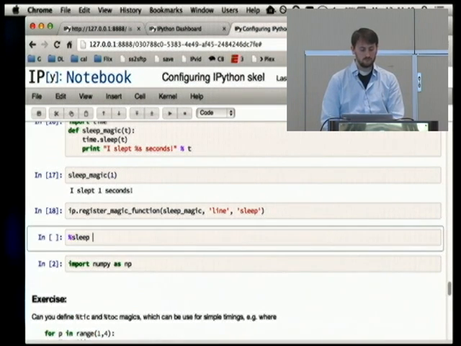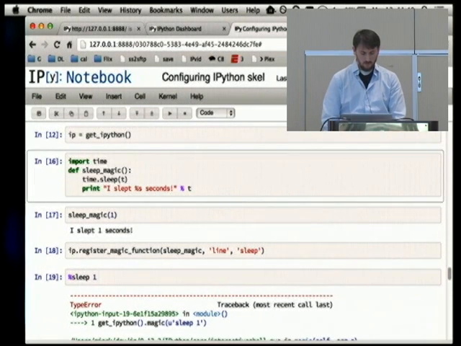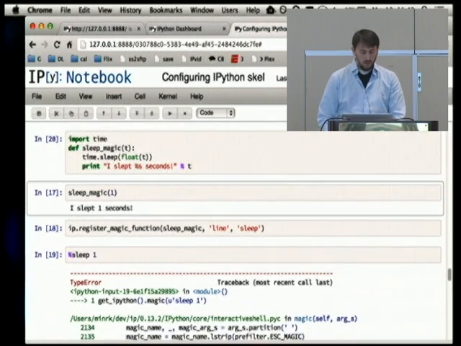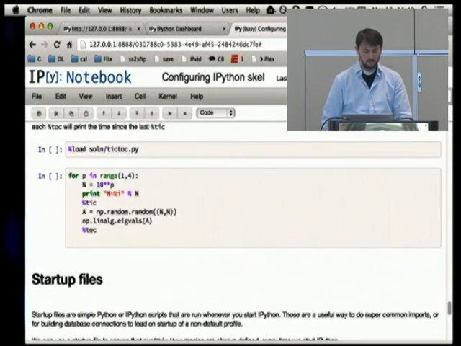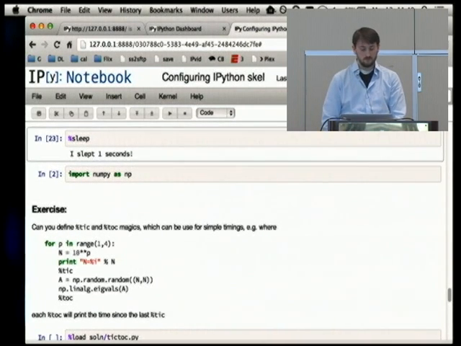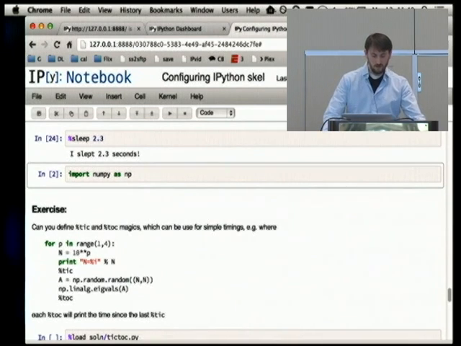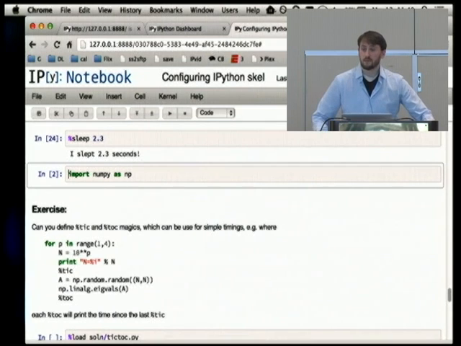Now I can, oops, sorry, yeah. So now I can, with the magic, call sleep. So as an exercise, yes, with the magic, the argument is just the rest of the line as a string. And with a cell magic,